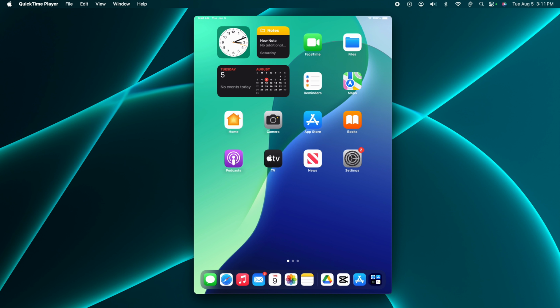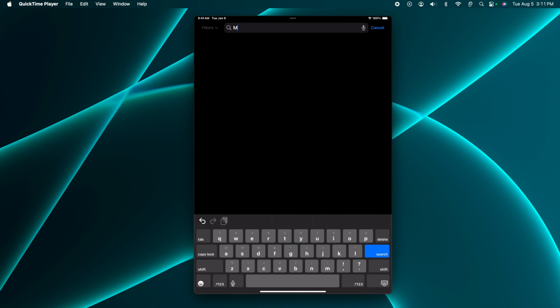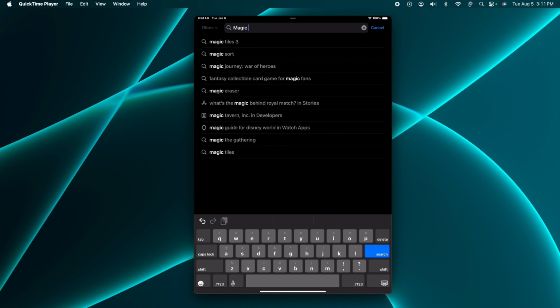In this video, I'm going to show you how you can install the Magic Fluid application on your iPad or iPhone. At first, we need to access the App Store. I'm going to tap on top of App Store, and then there is a search box. We just need to tap it over here, and we have to type Magic and then Fluid,